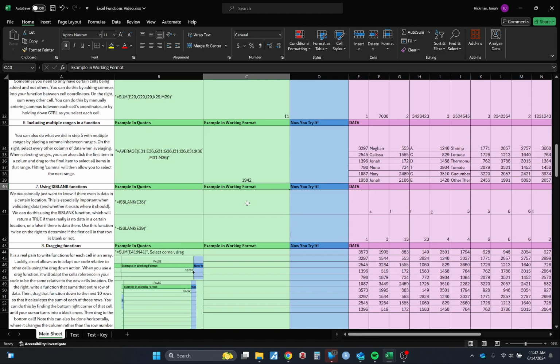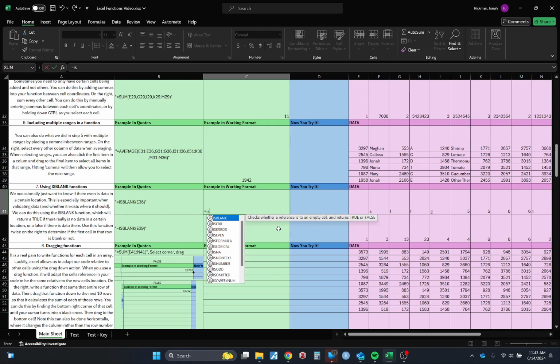Okay, so when you're validating data, Excel is really helpful for identifying where data is missing. It's not foolproof because sometimes Excel thinks that there's data when there isn't, but most of the time, the isBlank function gives you a true or false output, determining whether a range or a cell is blank. So in this case, if we type in isBlank,